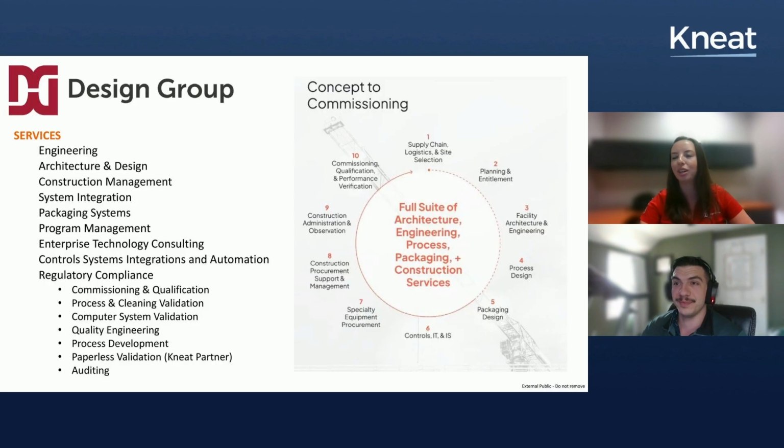All right, great. So a little bit more about Design Group. Design Group is a fully integrated engineering consulting company. We have offices all around the US as well as in India. And we're actually the only professional services firm that's born from a manufacturing technology company, which is our parent company,